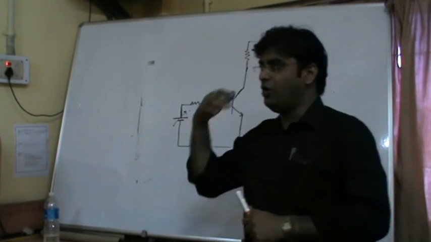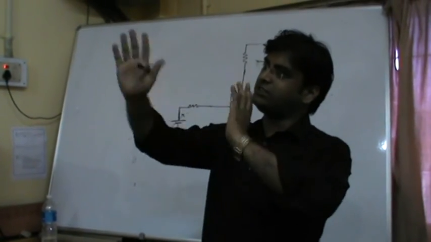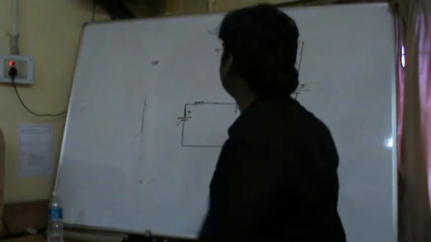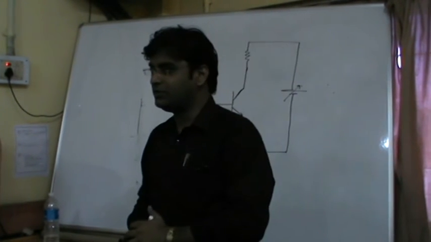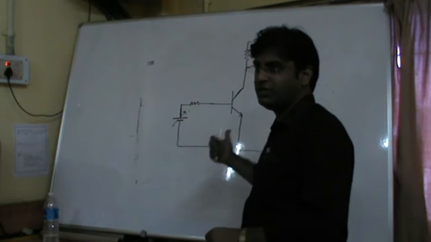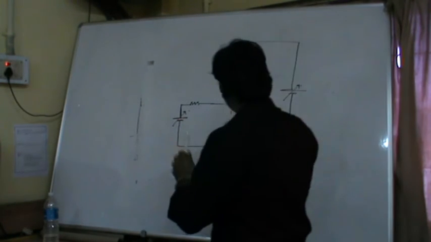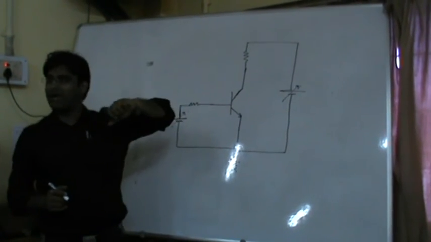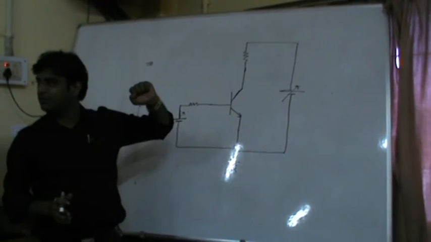Okay? So we can represent that the output portion is the consideration of the emitter and collector portions, and the input portion is the consideration of the base portion. Is it okay? Clear? As we showed with the tap call, which we have already discussed, from that point of view we can say this portion is the input portion of this circuit, and this portion is the output portion of this circuit. Clear?